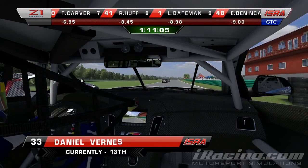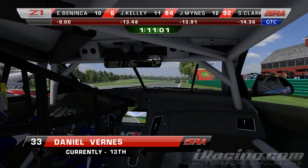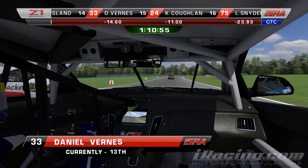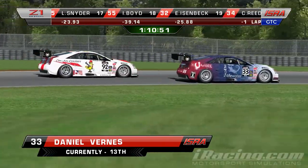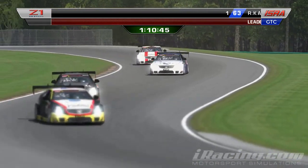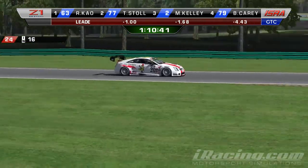Go on board with Daniel Verness, as he battles his way down the front straight, trying to get by Stephen Clark. And Daniel climbs his way up quite a bit since the start of the race. He qualified down in 17th. So he's already moved his way up into 13th, up into 12th now after he got by Stephen Clark. Yeah, Daniel's perennially qualifying up and running towards the front of the field there, so look for him to start